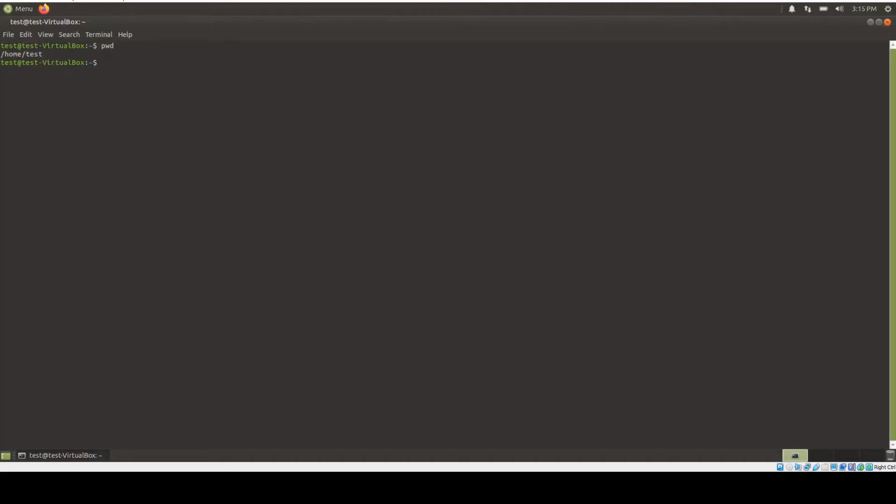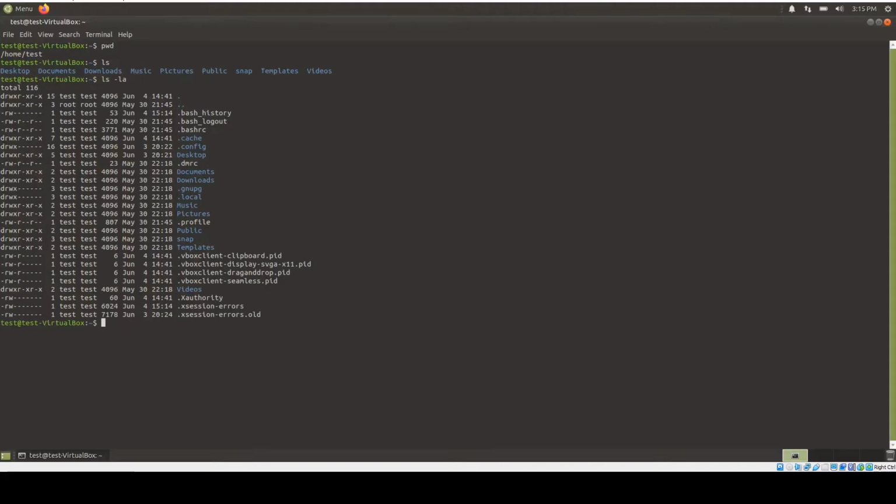And the next command is ls. It lists all the files and directories present in our current directory. So using ls, enter. It shows that we have a few folders named Desktop, Documents, Downloads. And if I use ls space minus la, the L represents that it will be shown in a list, and the A represents that it will show all files. So enter. Now we have a few more details and a few more files represented here.